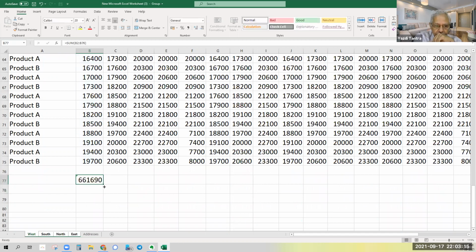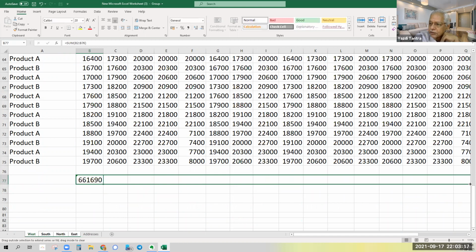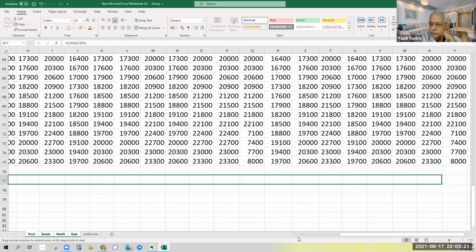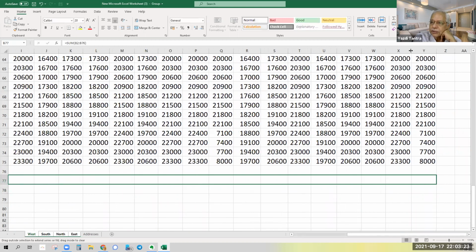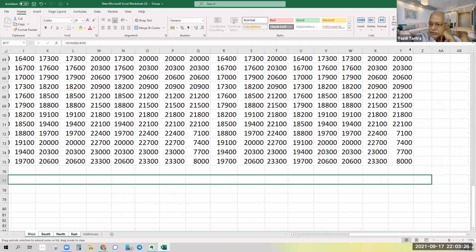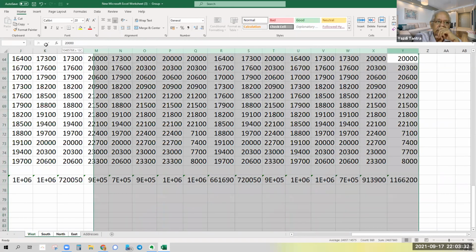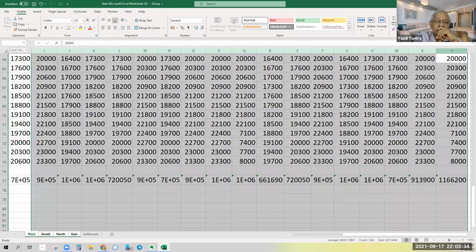And I drag it across. So all my totals are taken. I'll have to again resize it. So that is fine. Just resizing everything.